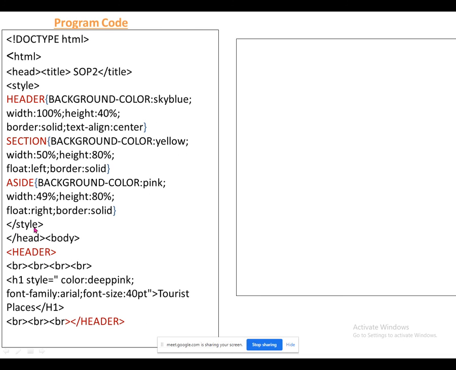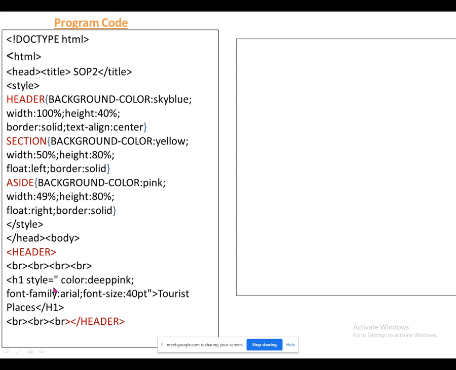Now I'm closing the style tag, closing the head tag, starting with the body section. You have to remember that layout. Very first should be the header. I can't start with the section here, because the header tag is there and the header tag has the information about the heading. So I'm starting with the header tag, giving some space here to manage the heading in the middle of my header, because there is no more information, only one single heading I have to give. So I am managing this space with BR 4 times. It will manage the space from your header.